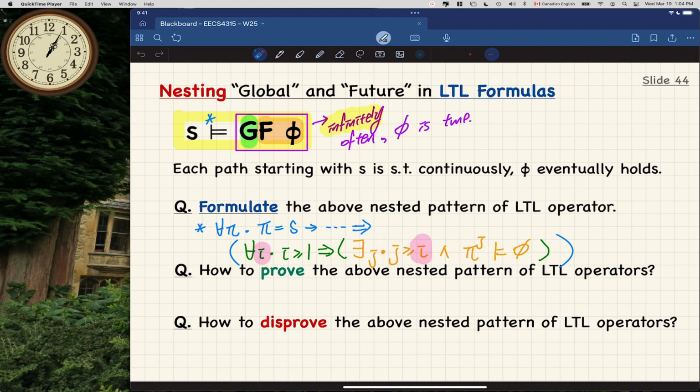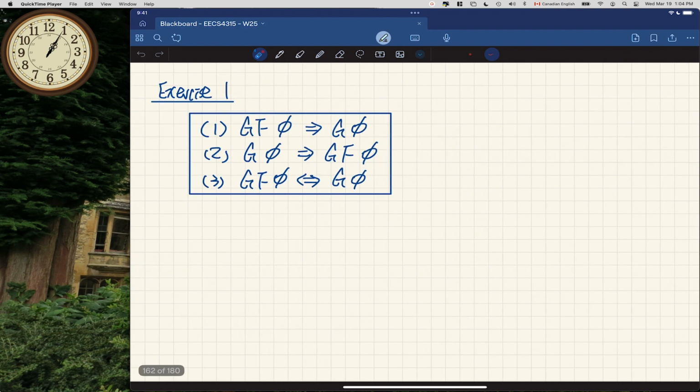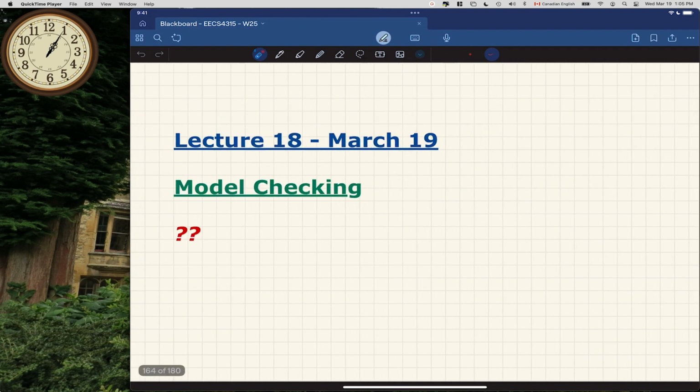Any question about the formulation here? All right, good. So what I will do is let me now briefly talk about the proof, disproof, and then the 2 exercises. I'm going to do that today for sure. But before that, we'll maybe do some examples first so you can appreciate a little bit more how to understand the difference between different patterns. Let's now talk about proving and disproving first.